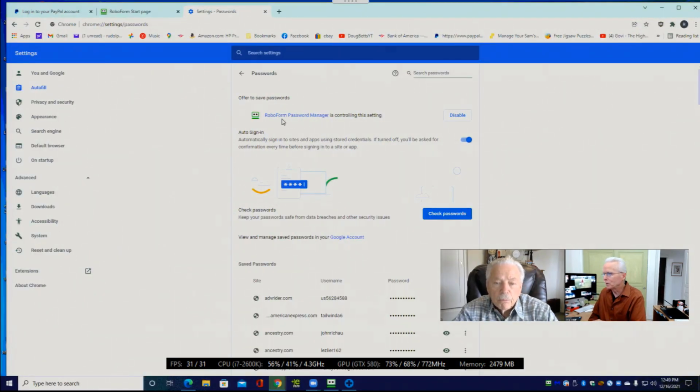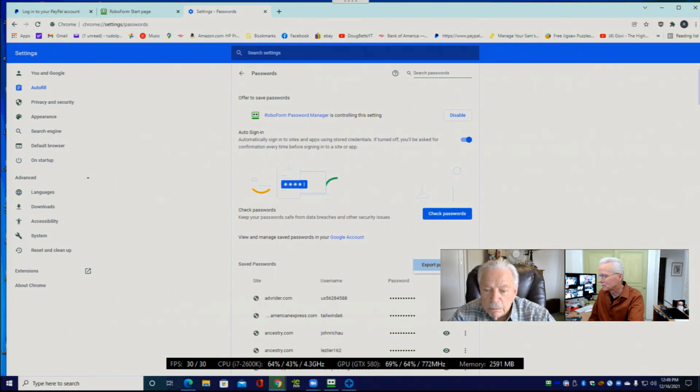So I'll click passwords. And then we see up here it says RoboForm Password Manager is controlling this setting, offer to save passwords. So Chrome is no longer offering to save passwords because RoboForm is controlling this setting. However, Chrome still has a bunch of remembered passwords. Yeah, I noticed that. Now there's this three-dot menu here that I think is going to have something for us.